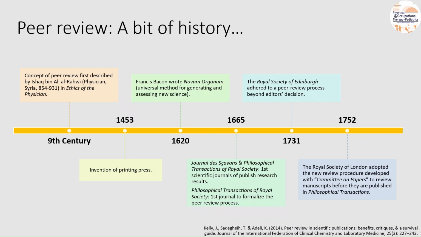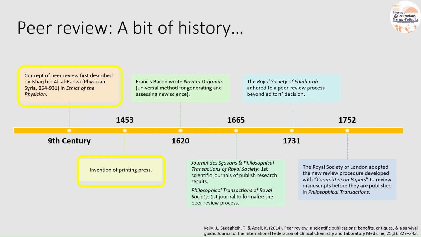The concept of peer review predates the existence of modern scientific journals. In fact, the practice of having experts evaluate written work can be traced back to ancient Greece. One of the earliest documented uses of a formal review process appears in the 9th century, described by a Syrian physician. In his treatise on medical ethics, he outlined a system where physicians' notes on patient care were later reviewed by